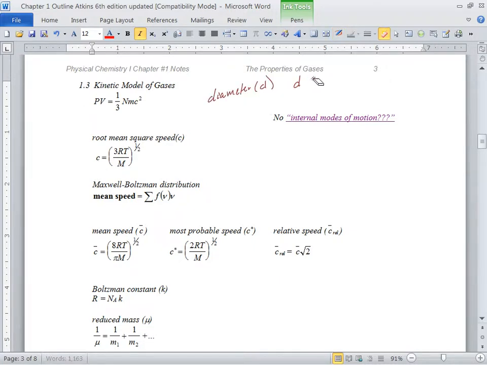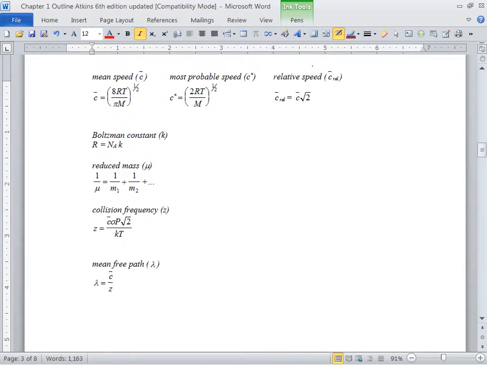What does this symbol mean? I'm trying to write it better. You have two less thans written next to one another. If I had just one of them, you'd say less than. But if I have two of them, you're supposed to say much, much less than. That's what it means. So the diameter is much, much less than lambda. And here's lambda.